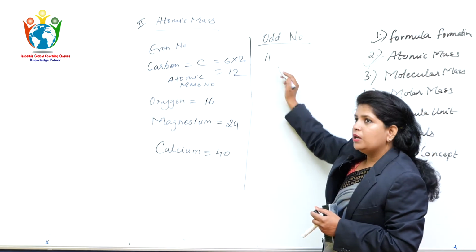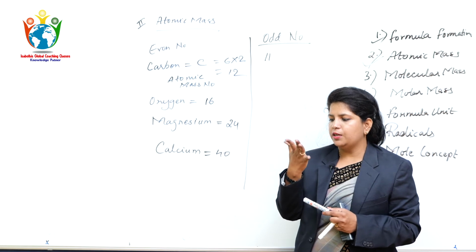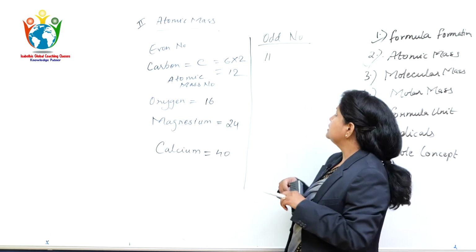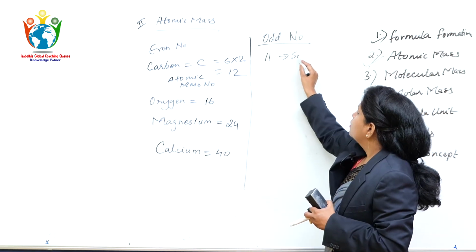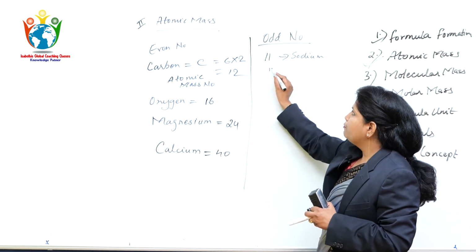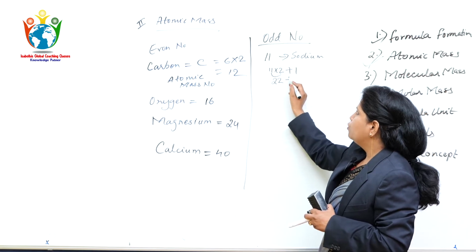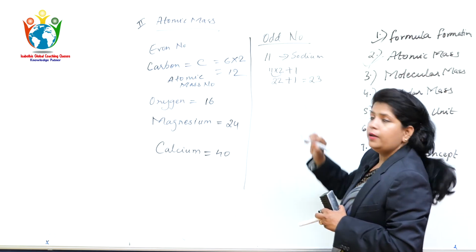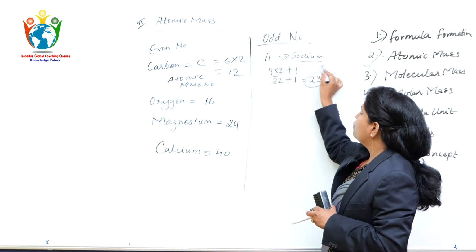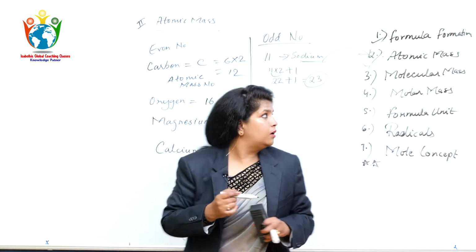Okay. Now, again you can count. I am saying you count: hydrogen, helium, lithium, beryllium, boron, carbon, nitrogen, oxygen, fluorine, neon, sodium. That means your element is sodium. Now, for an odd number, what do you have to do? You have to multiply by 2 plus 1. 11 2s are 22 plus 1. That gives you 23. That is again the atomic mass number, because presently we are only focusing on one element. So, when we focus on one element, it's the atomic mass number.